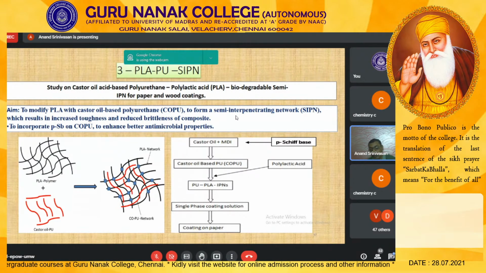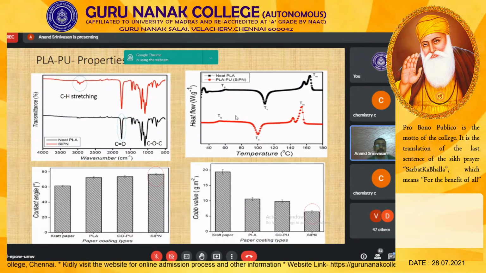This paper won the best paper award in an international conference that took place in 2020. So again, we were able to study, and in each case, you can see the polymorphism of PLA is not getting affected when it is mixed with the PCL or PEG. So the polymorphism remains unaltered.